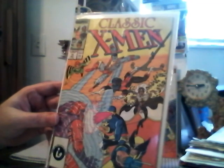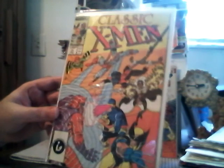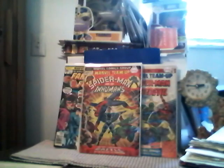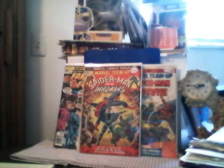This is Classic X-Men number 12, the reprint of X-Men number 104. Now I have 104 and this one here in my collection, and I am psyched about it. Now, I want to get into these here, but these here are one of the reasons why that made that day nice and everything, because